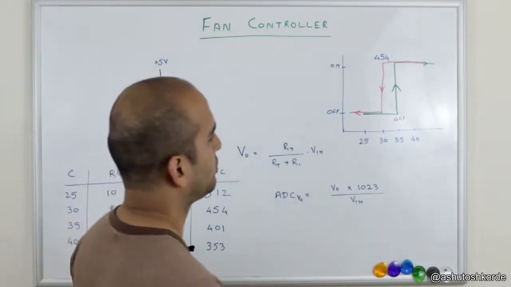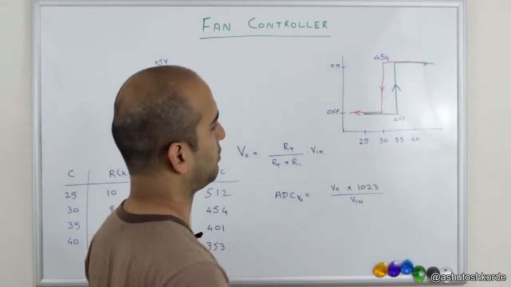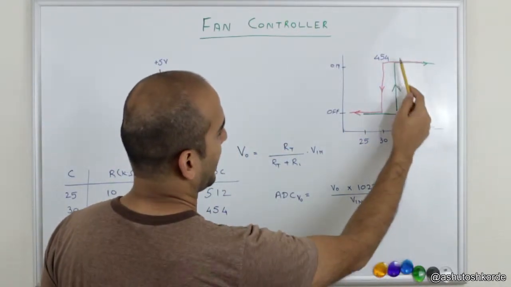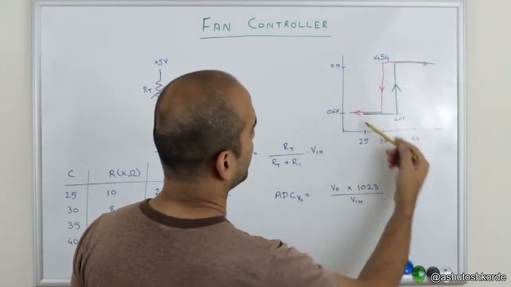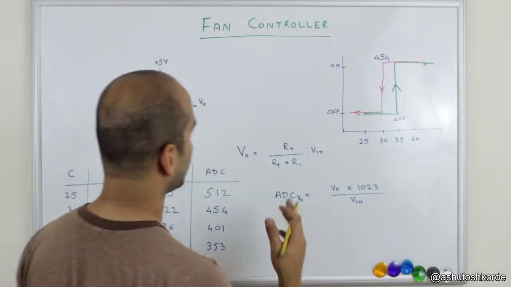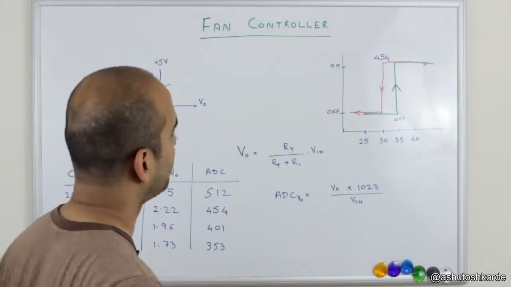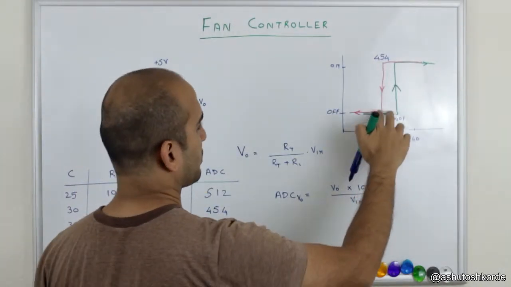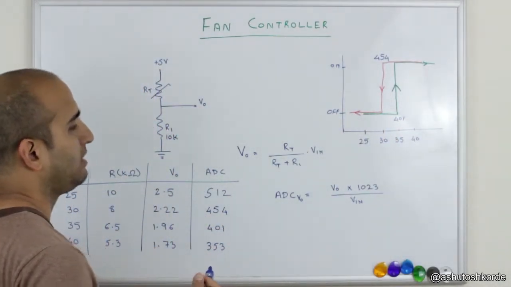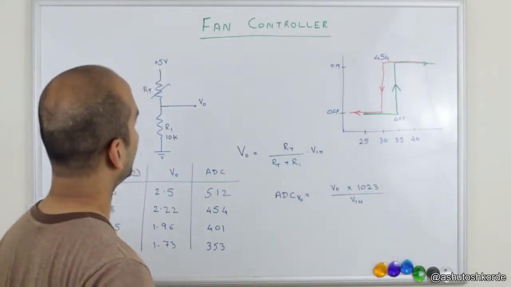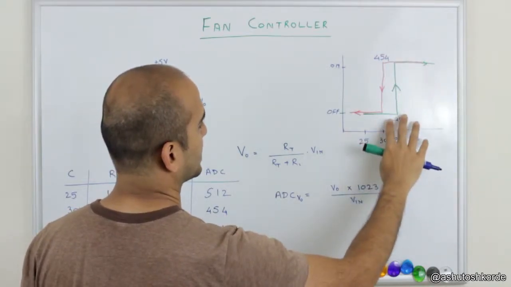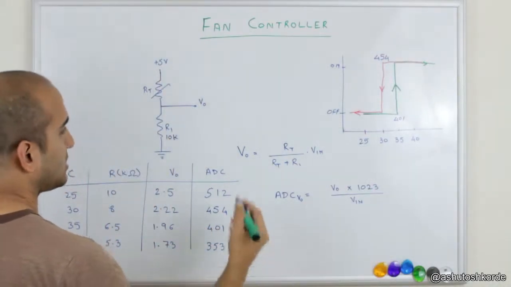Now you might ask, why do we have these two values, one for turning on and one for turning off? This phenomenon we have put in is called hysteresis. And there is a very good reason why we need that. You have to remember that anytime you read any values from any physical quantity or an ADC, which may have noise, you have to think of hysteresis in that system. And the reason is pretty simple.